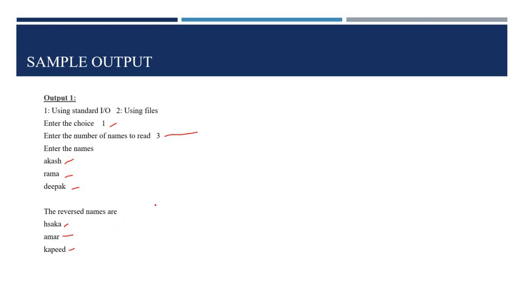In a similar way, choice 2 can be considered, giving an input such as input.txt or 1.txt, any file name, then perform the operation and submit the results in the Google Classroom.